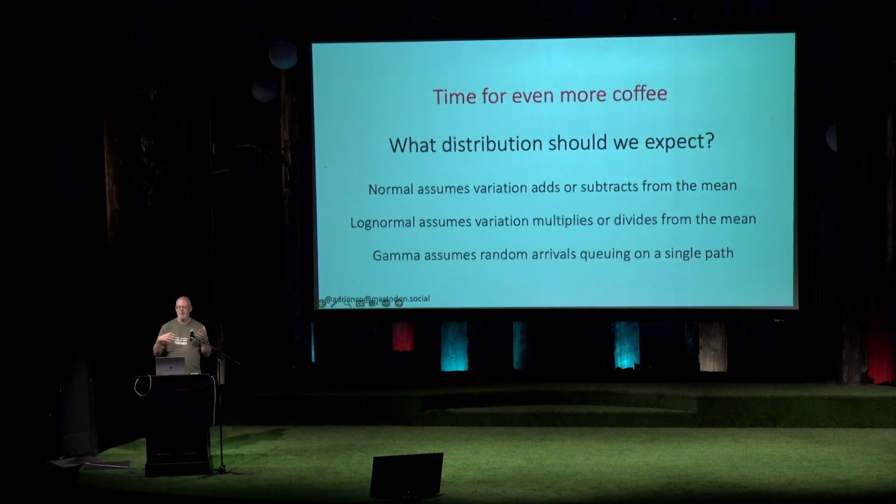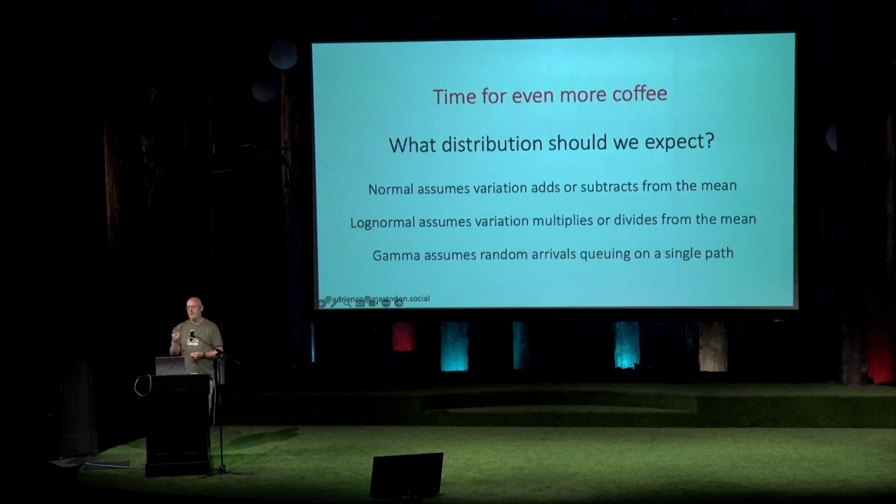You have to kind of go, well, the distribution is because of something underneath happening, right? If you have random arrivals, like a telephone network, you have gamma distributions, and queuing theory gives rise to this type of distribution. A normal distribution, the symmetric thing you see in statistics textbooks, is easy to work with, and assumes random adding and subtracting going on. But it goes to minus infinity and plus infinity, and response times obviously don't do that. You can't have negative response times.